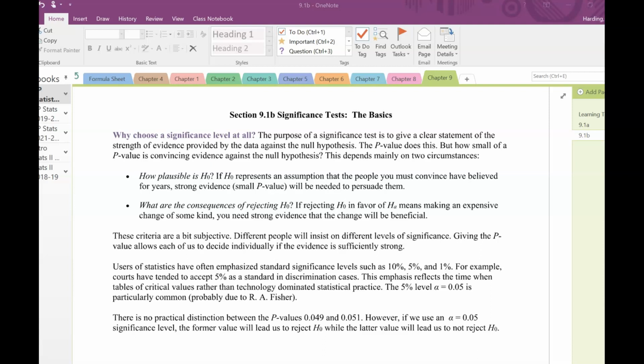These criteria are a bit subjective. Different people will insist on different levels of significance. Giving the p-value allows each of us to decide individually if the evidence is sufficiently strong. And you can see typical levels would be 10%, 5%, 1%. Any researcher can decide which level is appropriate for their